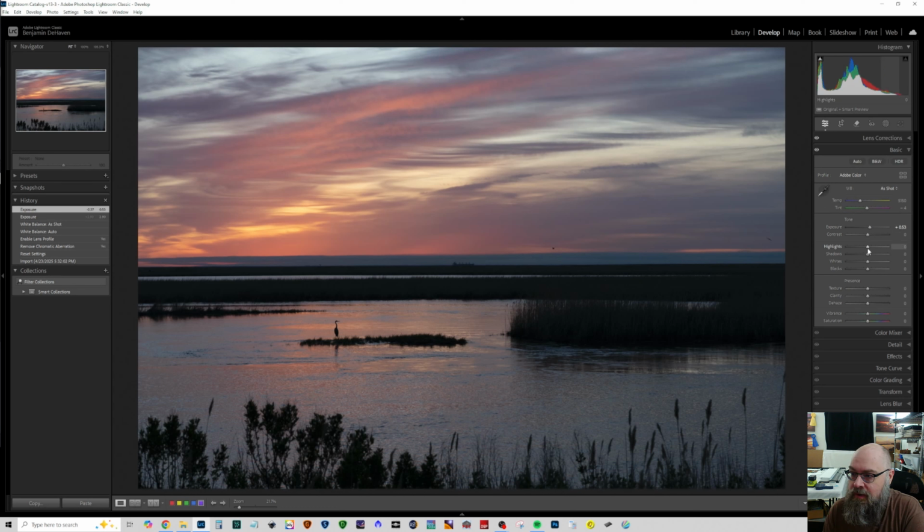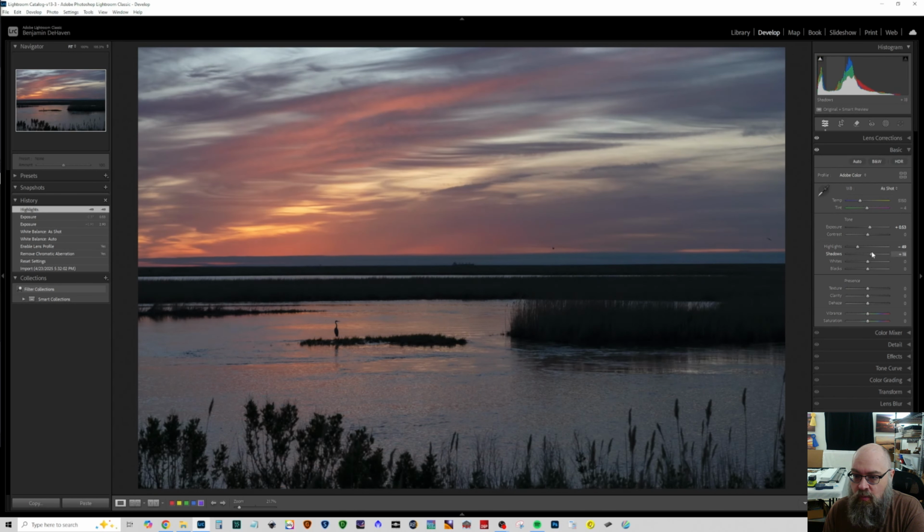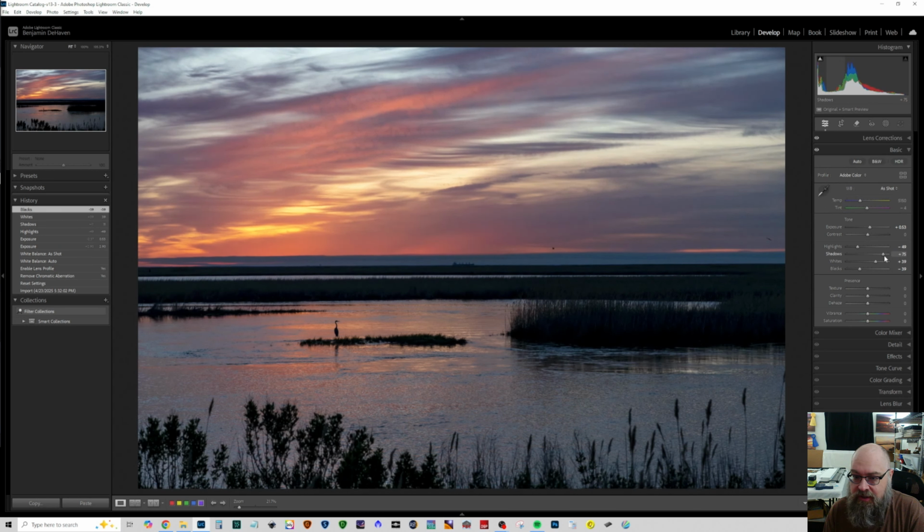Contrast we'll leave alone for the moment. Highlights will pull down a little bit. Shadows, I don't want silhouettes, but I don't want a lot of detail either. So we'll just raise the shadows just a little bit. Raise the whites a little bit, give it a little bit more pop, especially in this area. And then blacks, we will lower the blacks a little bit, raise the shadows a little bit more, just kind of fight against each other, trying to get a